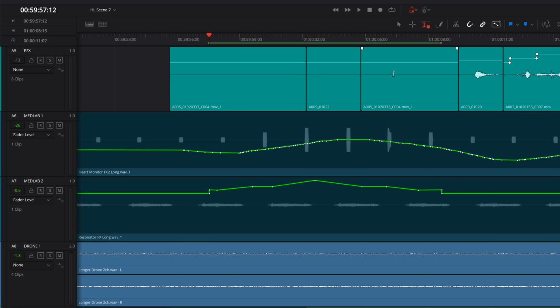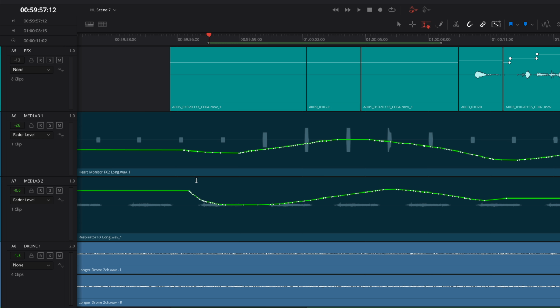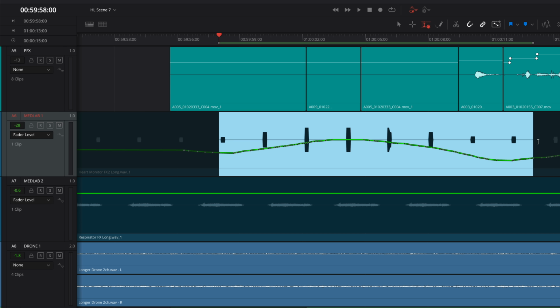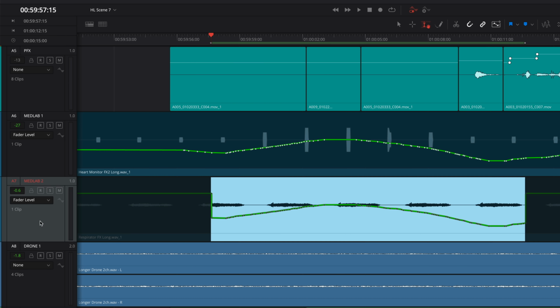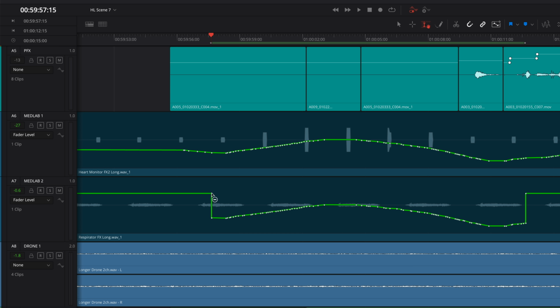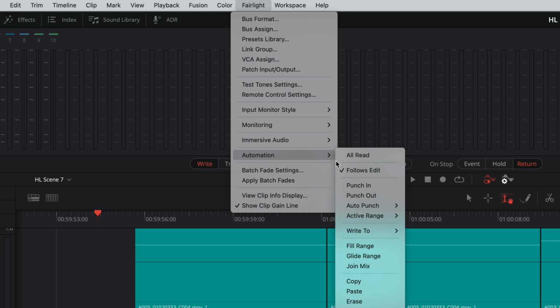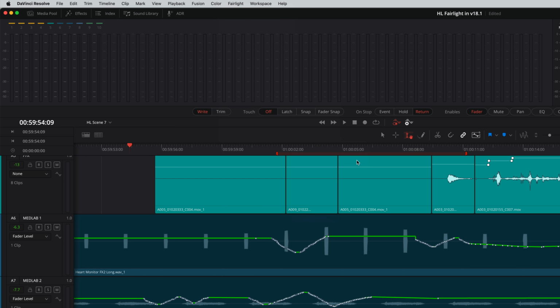You can also draw smooth curves with a pencil. Plus, the focus mode allows selection to delete, nudge, copy a range of keyframes from one track to another, or edit individual keyframes one click at a time. The expanded actions allow writing automation to the start, or end, or all. Plus, there are options to quickly enable auto punch or active range.